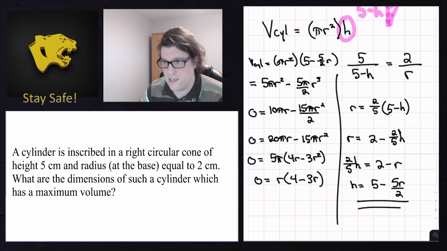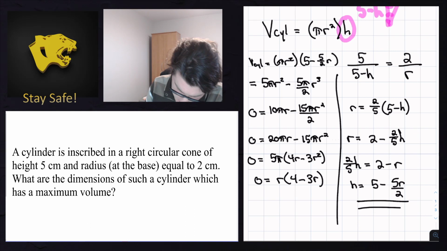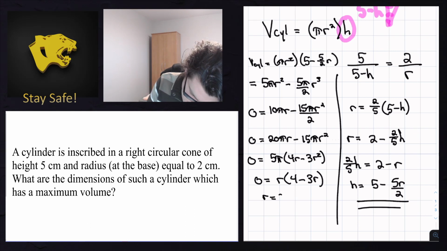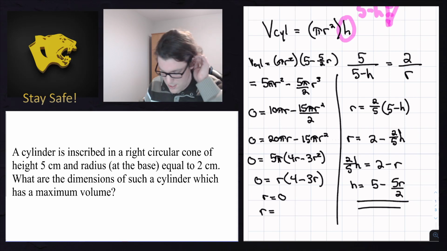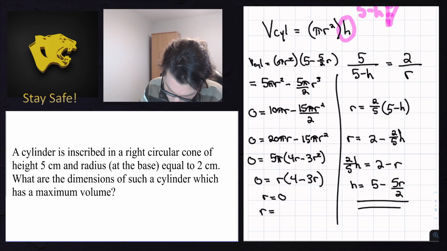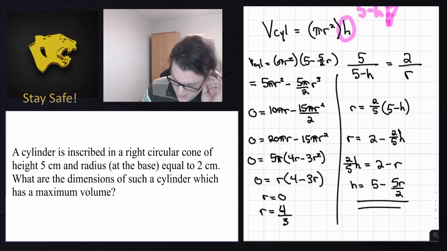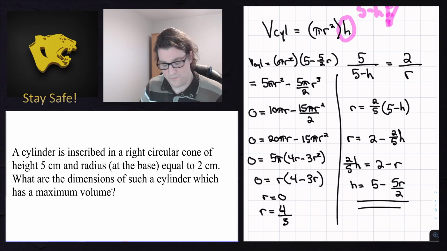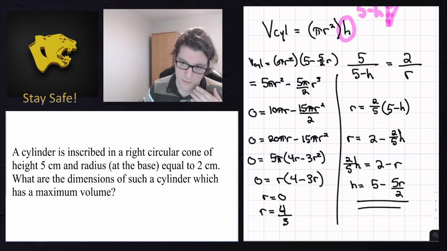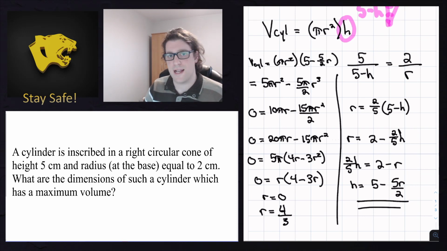So we basically have two solutions to this. We have when r is equal to 0, and we have when r is equal to, and that would be negative 4 divided by negative 3, which is 4 over 3. And so we get these two solutions for the r value. Now, what this means is that we have possible maximum values at an r of 0 and at an r